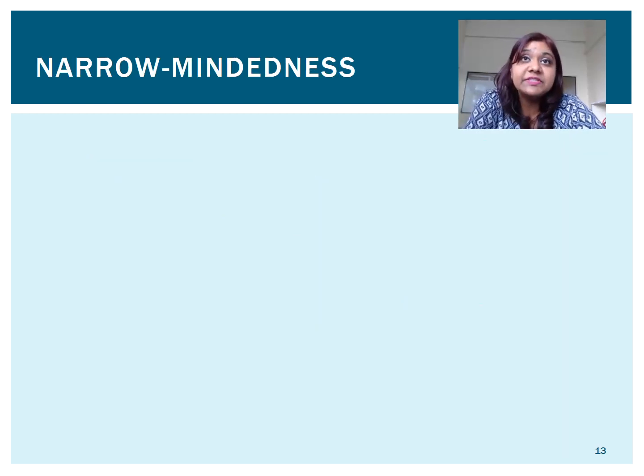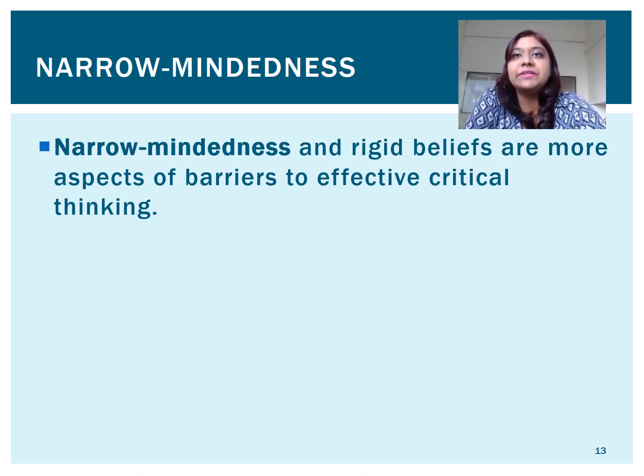Aside from resistance, another type of barrier that prevents us from thinking clearly is narrow-mindedness. Now, narrow-mindedness basically means that you are very rigid in the way you think. You're narrow-minded because you believe what you think is the only way of thinking, and therefore you do not want to look at different perspectives. So this is another aspect of preventing yourself from thinking clearly.